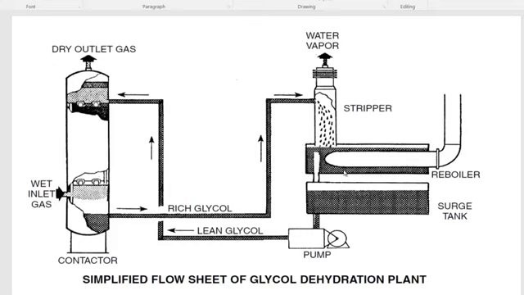Here we can control the temperature to keep our glycol as liquid. The water releases from the glycol as water vapor, and the glycol is collected as lean glycol in this tank. Then we pump the lean glycol again to the tower, and the circulation will continue. Okay,